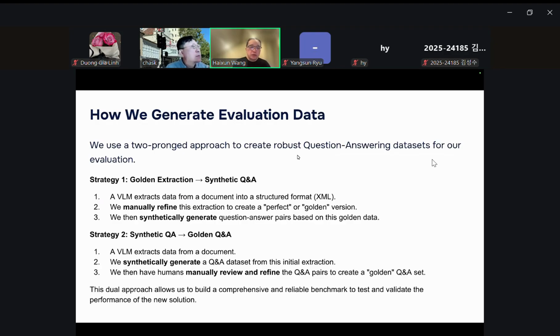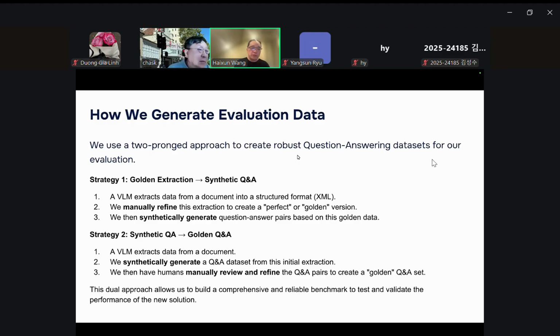There are actually two approaches. One is golden extraction. We just created some synthetic question and answer data. The vision large language model extracts the data from a document into some structured format. We manually refine this version, and we then synthetically generate question answering pairs based on this golden data set.